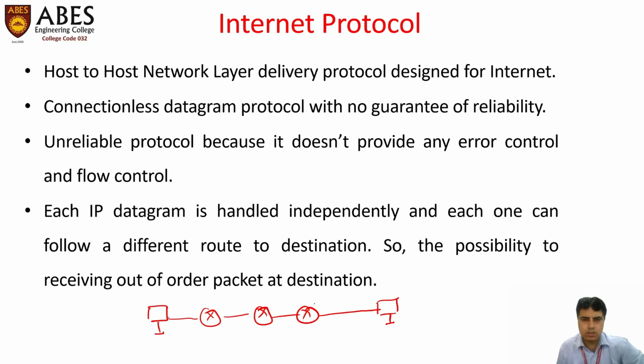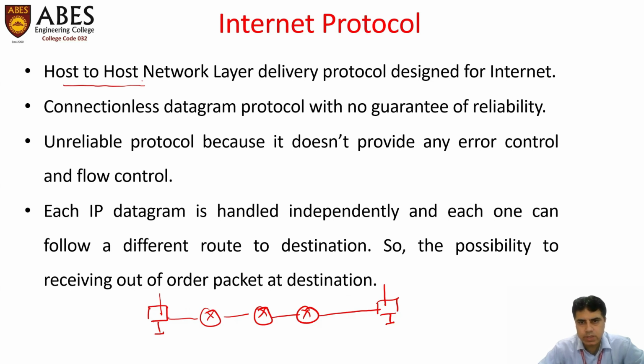So the network layer or Internet Protocol is used to deliver the packets from the source host to the destination. Its responsibility is delivering the packets from source to destination. So it is also called a host to host network layer delivery protocol designed for the Internet. It is a connectionless datagram protocol with no guarantee of reliability. No guarantee of reliability means this is an unreliable protocol because it does not provide any error control and flow control